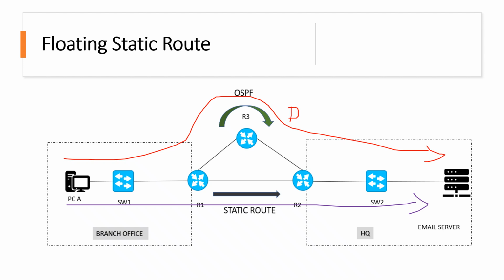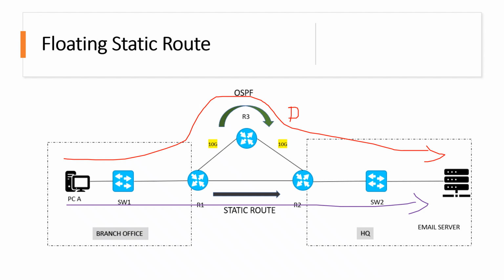Let's say I have a server in the branch office that wants to communicate with an email server in the HQ office, and to reach it I have two paths available, one in red, one in blue. The red one is the private link with better bandwidth, that is 10G bandwidth,